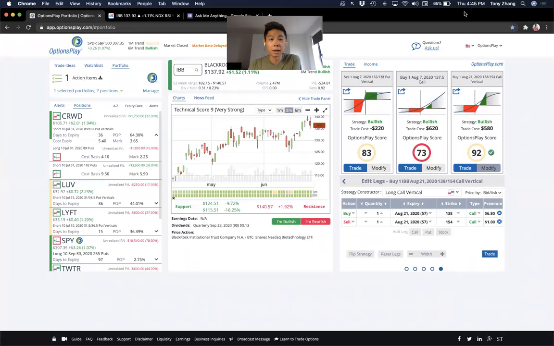Now, I know there were a lot of questions already that were submitted here. I want to try to answer a couple of questions before I open this up for symbols. So for those of you that want me to take a look at some symbols and want to take a look at them together, please type them in, and whether you're bullish or bearish on that symbol, please type that in and I'll be able to take a look. But I do want to answer a few questions here.